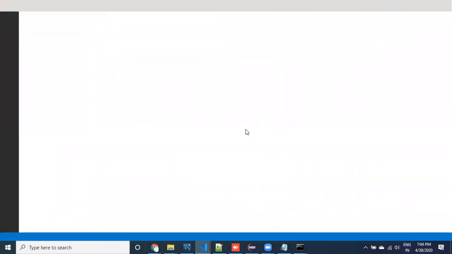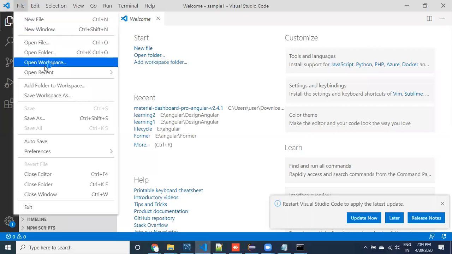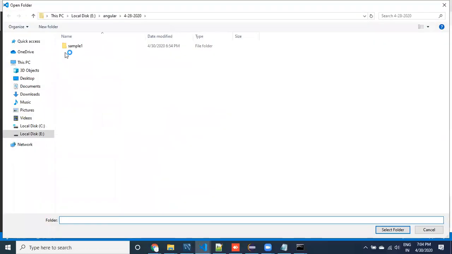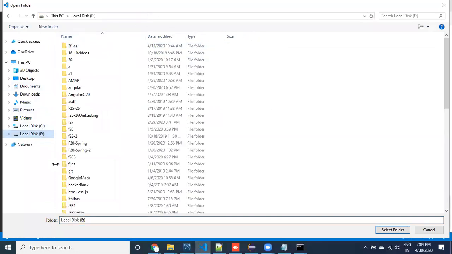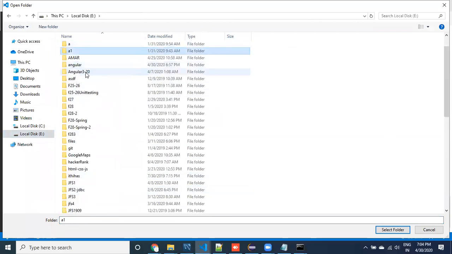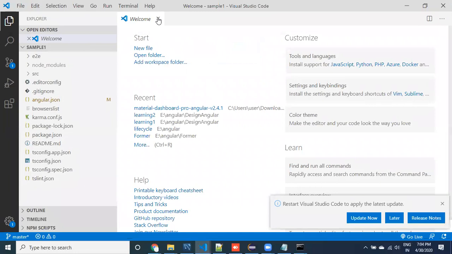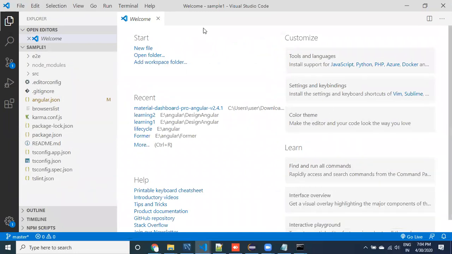You can click on Select and navigate there. Wherever the application is available, you can navigate like this, wherever we have created it. This is the location, and sample one is the base location. Go to sample one, then select, so that it opens with the code.